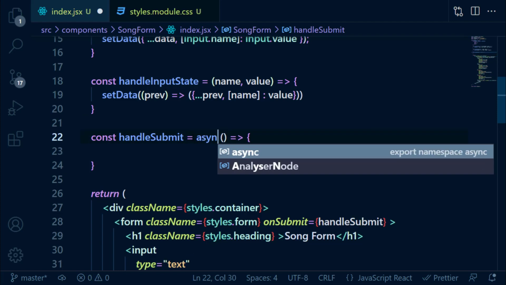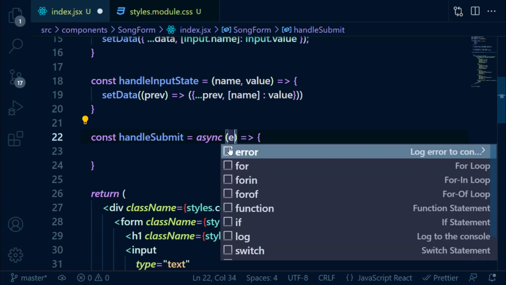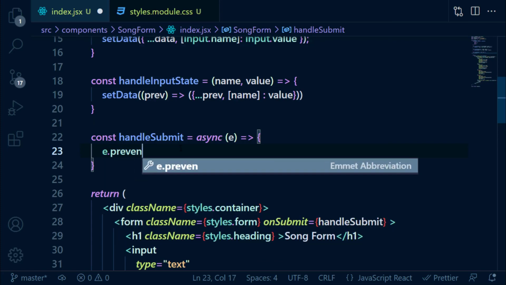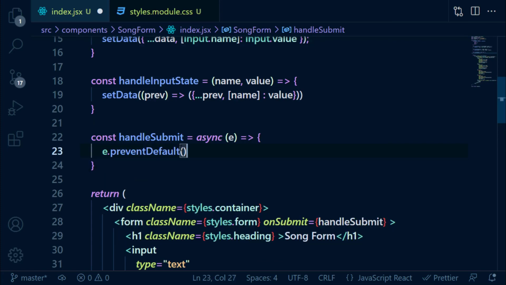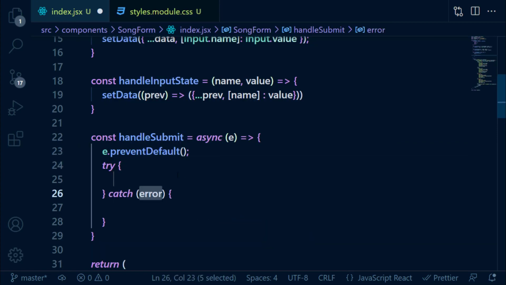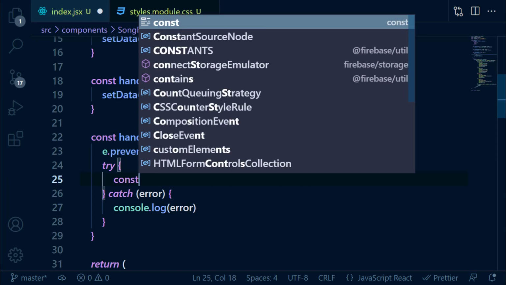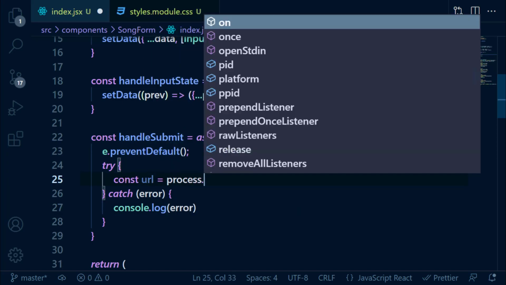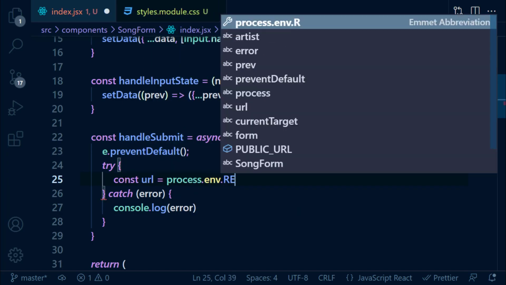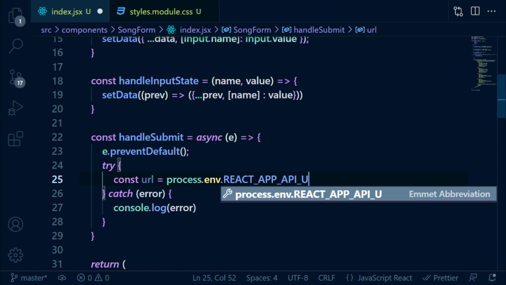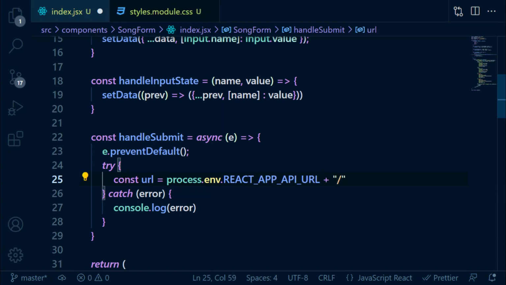Missing function here because we're going to call the API here. We're going to prevent default because we're not going to reload after submitting the form. In a try catch block, if an error occurred, we're going to console.log. const URL = process.env.REACT_APP_API_URL